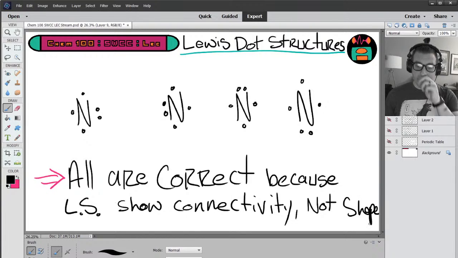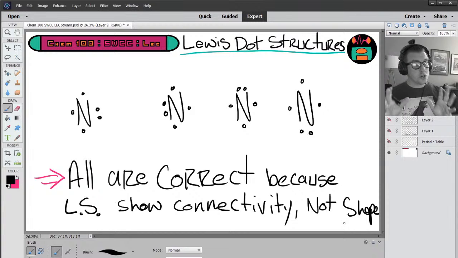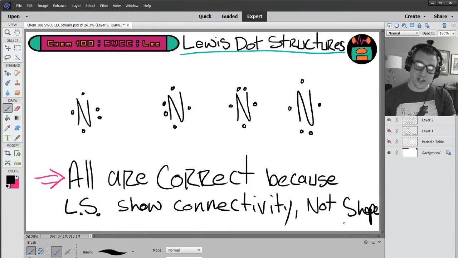The reason why it doesn't matter is that a Lewis structure is a way of depicting molecules that shows which atoms are connected to which. It shows connectivity. But information about the actual three-dimensional shape of the molecule is not contained in the Lewis structure, because all Lewis structures are two-dimensional and molecules are three-dimensional. So it doesn't matter where you put the dots, as long as what is important is that you'll notice you have,